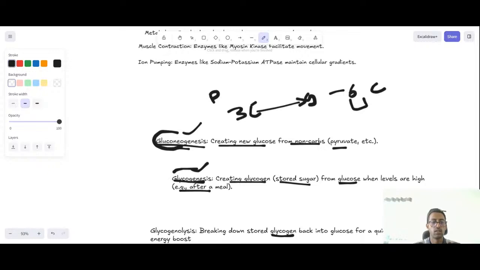So glycogen is a carbohydrate and a polysaccharide, the fuel tank, mostly stored in the liver and muscle. We know glucagon is a protein. Okay, glucagon is a protein and peptide hormone.